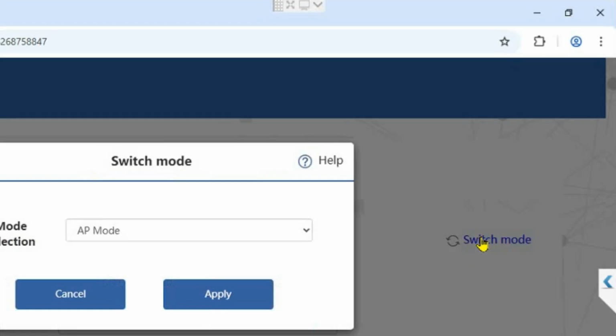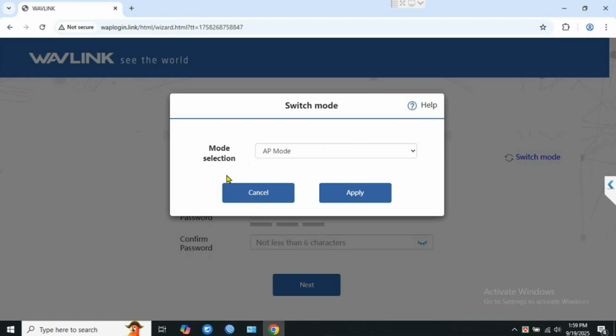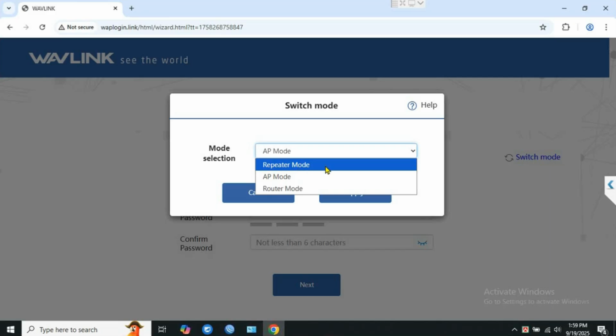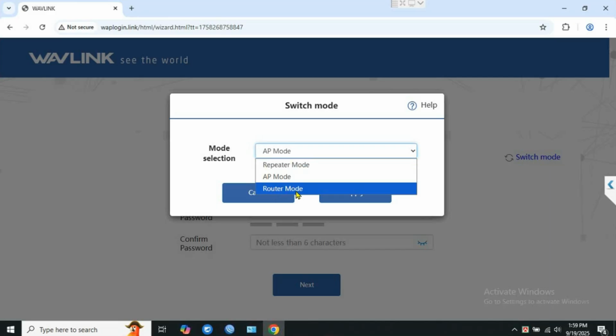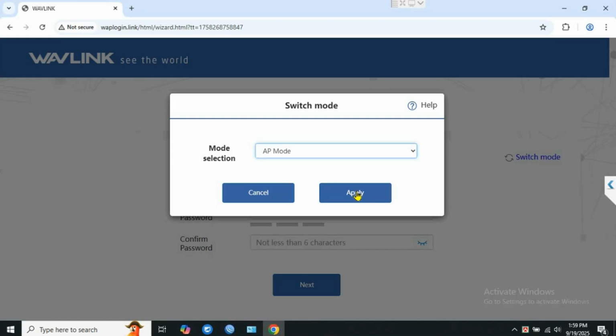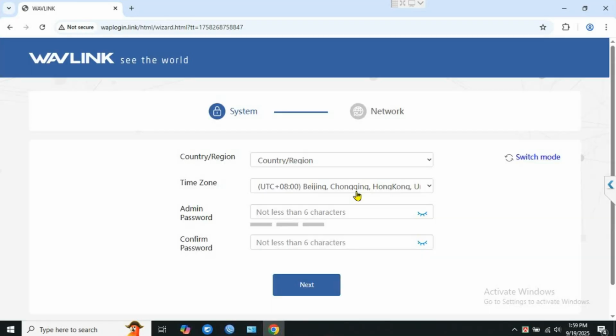After clicking, here are the three modes: repeater, AP, and router. I will select AP mode, then apply. After applying,